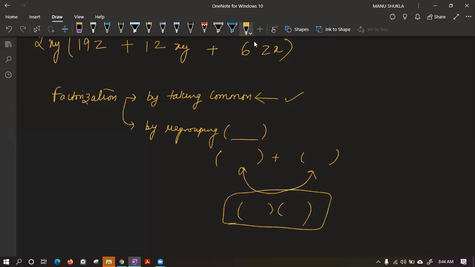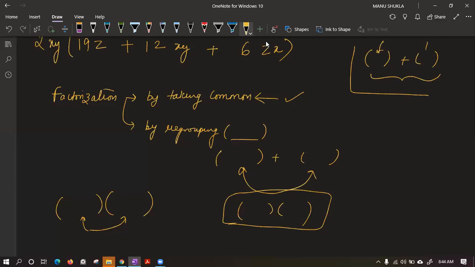We all have seen factorized form is this way in which two expressions are getting multiplied. This is a factorized form. If I ask, can we say this kind of expression is also factorized? Class, if there is an expression in this bracket, and in between there is a plus sign, can we say they are factorized? No, because they should be multiplying only. To be in factorized form, two factors should be multiplying only. There should be no addition or subtraction sign in between. Then only we can say they are factors.